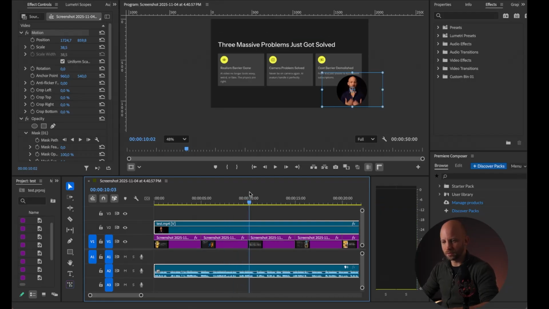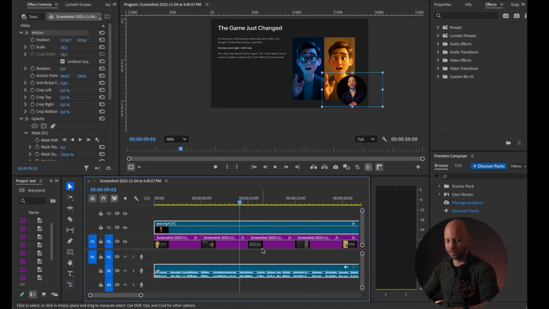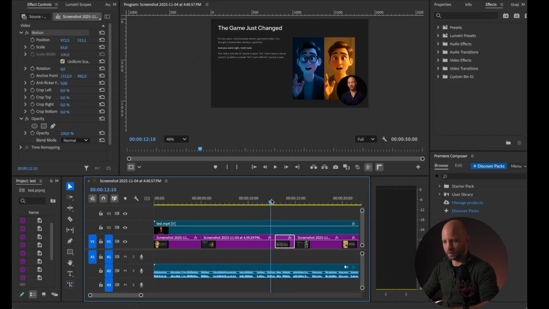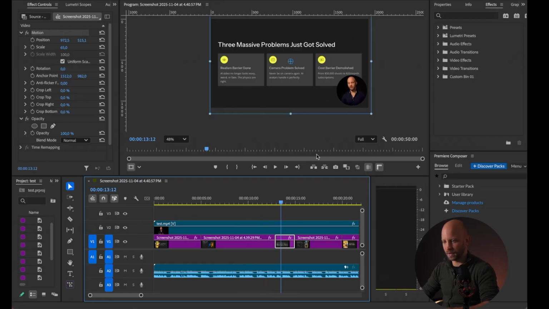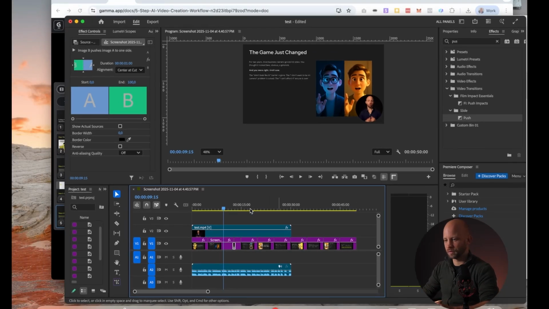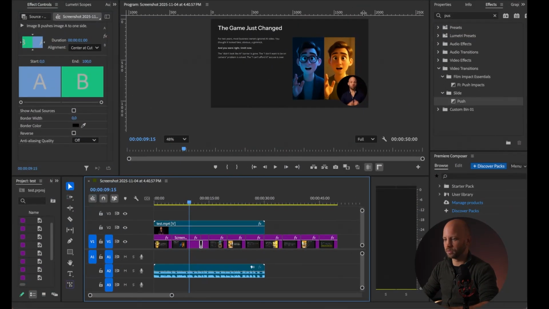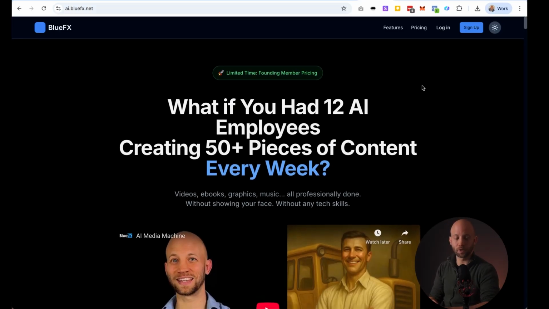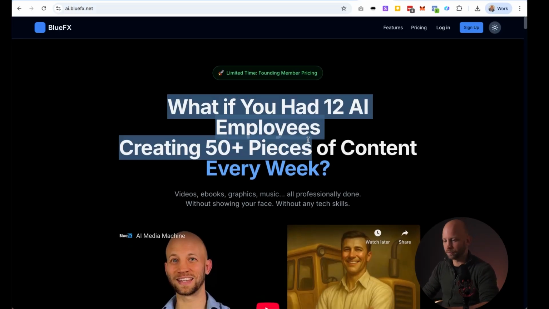So you just got to make sure that the slides change at the right time, and that's very simple. You just drag them around here. And yeah, you could also add some transitions between them. This way you can make these simple types of videos. And I'd say that's a pretty good way to churn out videos quickly. If you want to create a lot of social media content, different types of